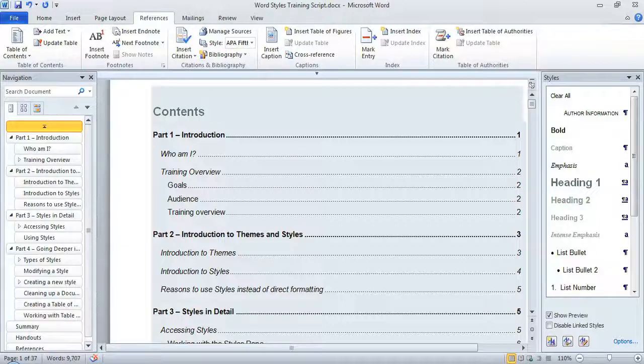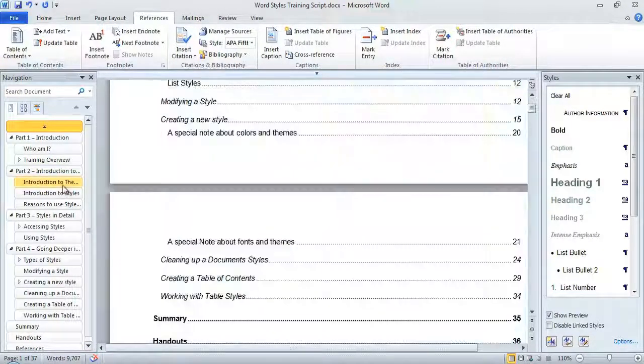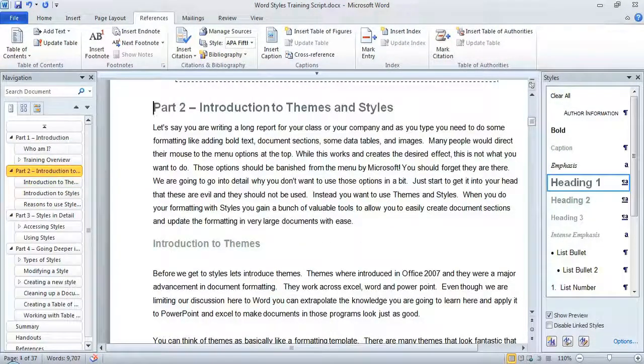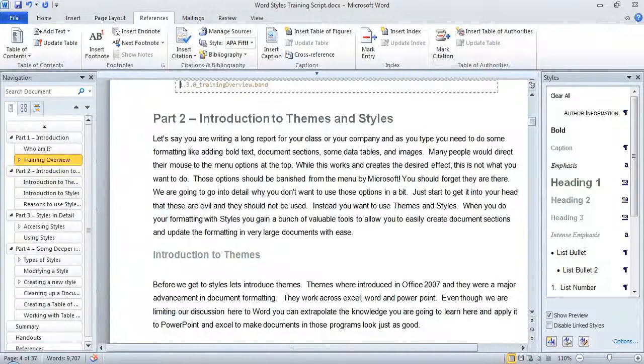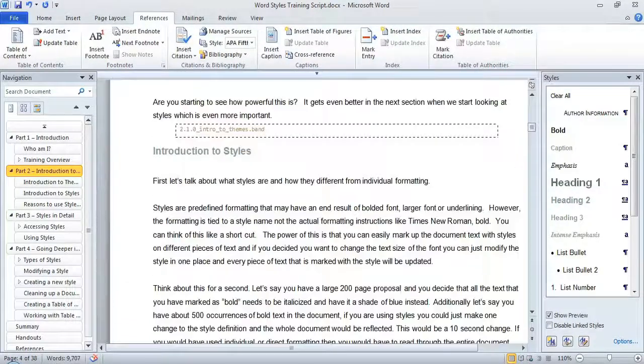Let's quickly look at the table of contents. You will see that it includes some page numbers and the headings match the text that is styled with the heading styles in the document. Let's go into the document and force some sections to change page numbers by putting in some white space in the document, which will move things around. Also, let's update a few of our headings so that we can see how to update the table of contents